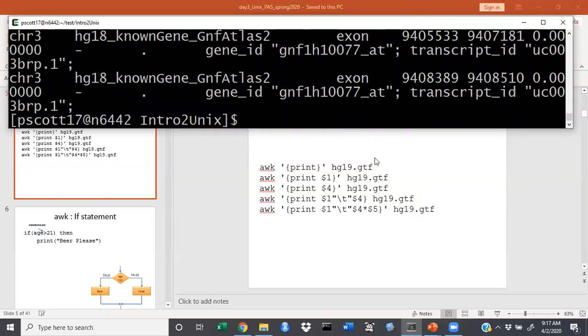We could think of a synonymous way to do that. Another way would have been using the tool cat, right? If we concatenated HG19, it does the exact same thing for us. It just prints it to the standard output. If we wanted to save what we're doing from one of these commands, we'd use a redirect, right? If we just wanted to pull the first column there,